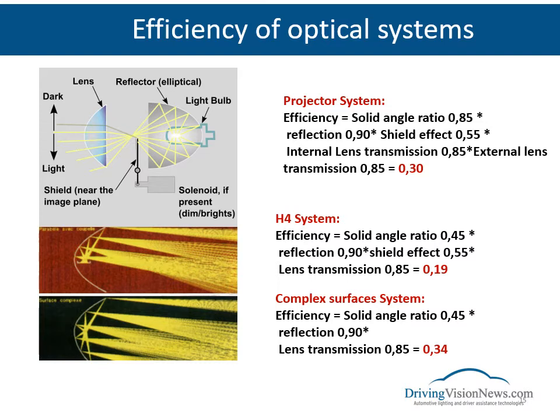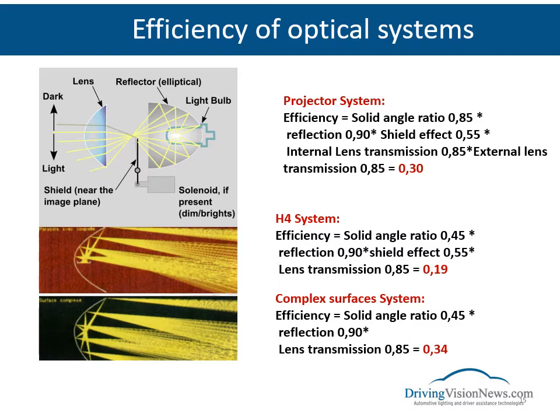With the complex surface systems we have a solid angle ratio of 0.45, a reflection of 0.9, a lens transmission of 0.85, 0.85, and so a global efficiency of 0.34. We have to say that for complex surface or freeform systems, the efficiency is